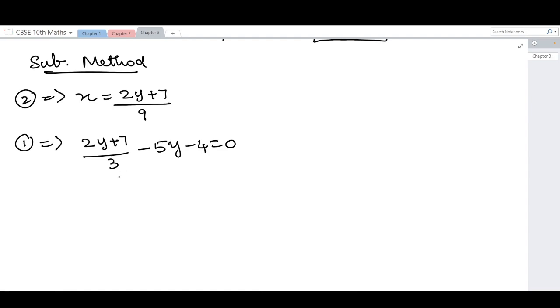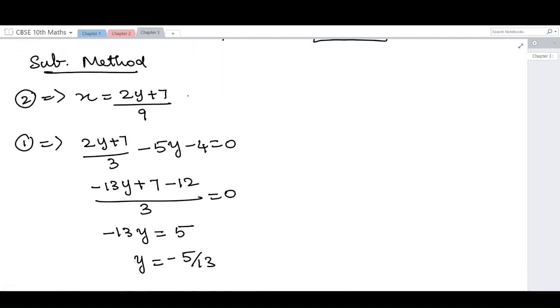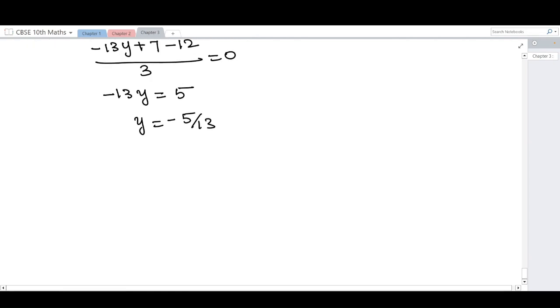If we take LCM, we will get 2y minus 15y, that is minus 13y, plus 7 minus 12, whole divided by 3 equal to 0. So we will get minus 13y equal to plus 5. So y equal to minus 5 by 13. And if you substitute this y value in the third equation, we will get x equal to